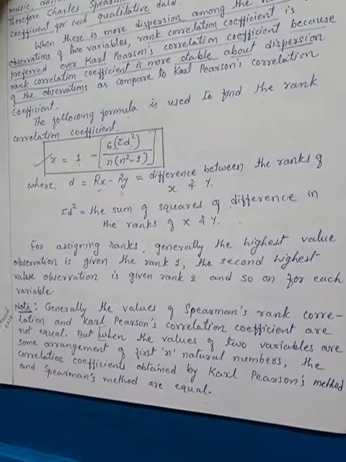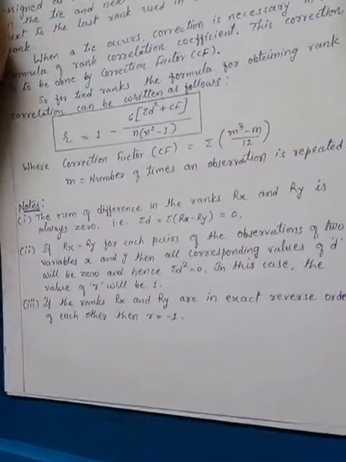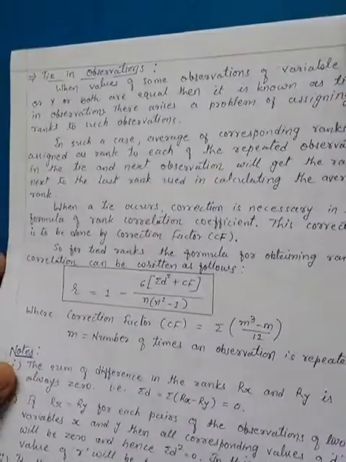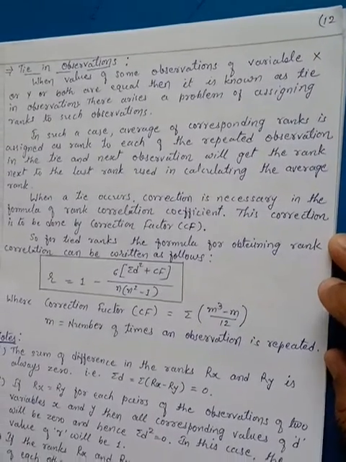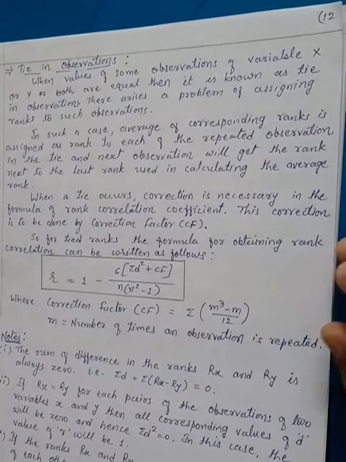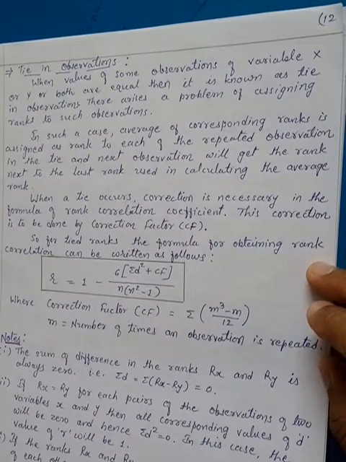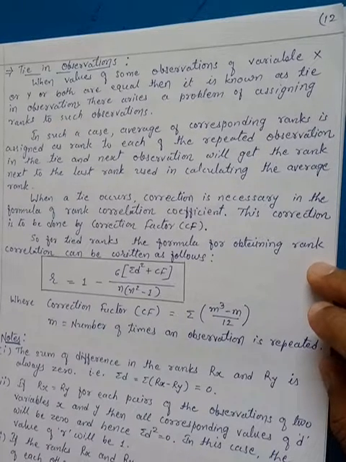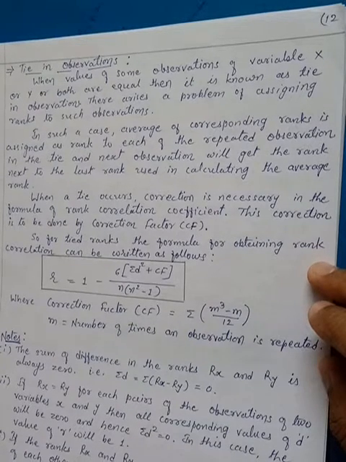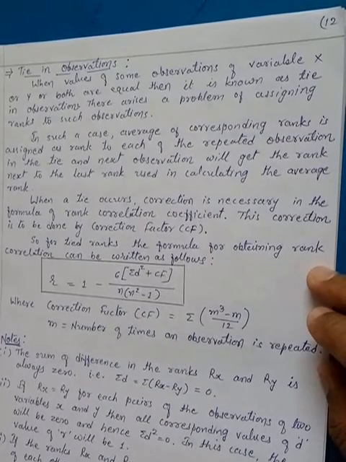out the correct information. Okay, now there is another point which you have to discuss in the same theory, in the same method. Suppose that when we give ranks to the observations, sometimes we can get the same observation value repeated twice or thrice in variable x or in variable y or in both variables. Like in variable x, suppose the values are such that one value is repeated 2 times. So that repetition of observations in variable x or in variable y or in both is known as a tie in observation. That is what it is called, a tie in observation.